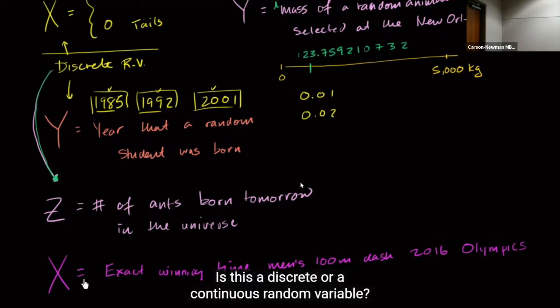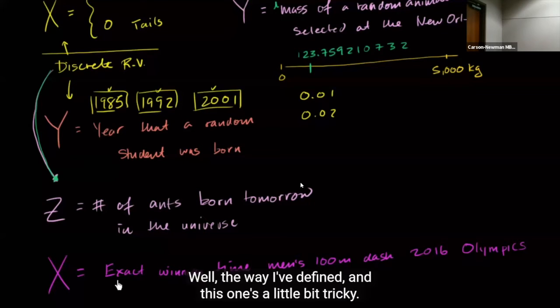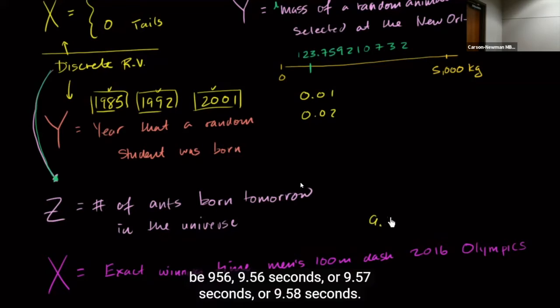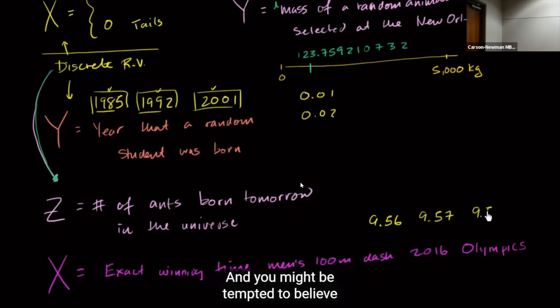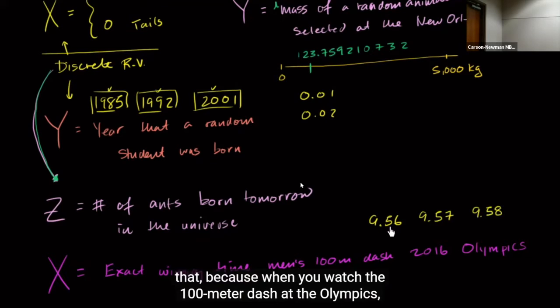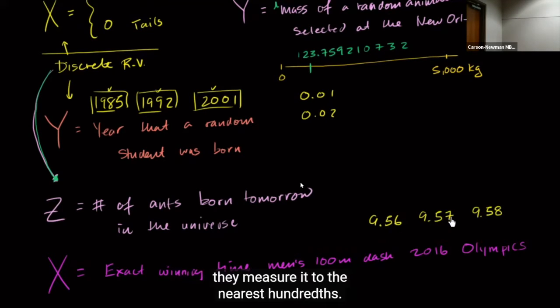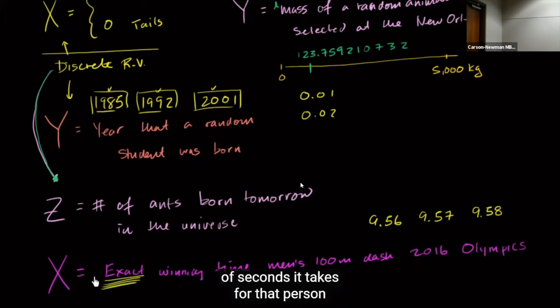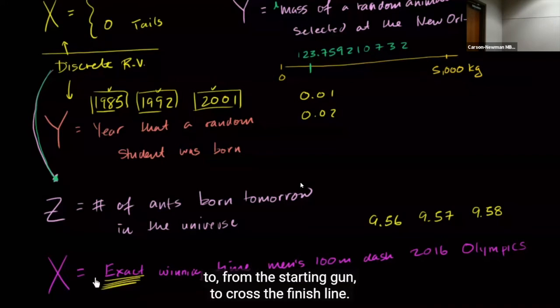Is this a discrete or continuous random variable? Well, the way I've defined it, and this one's a little bit tricky, because you might say it's countable. You might say, well, it could either be 9.56 seconds, or 9.57 seconds, or 9.58 seconds. And you might be tempted to believe that because when you watch the 100 meter dash at the Olympics, they round to the nearest hundredths. That's how precise their timing is. But I'm talking about the exact winning time, the exact number of seconds it takes for that person, from the starting gun,